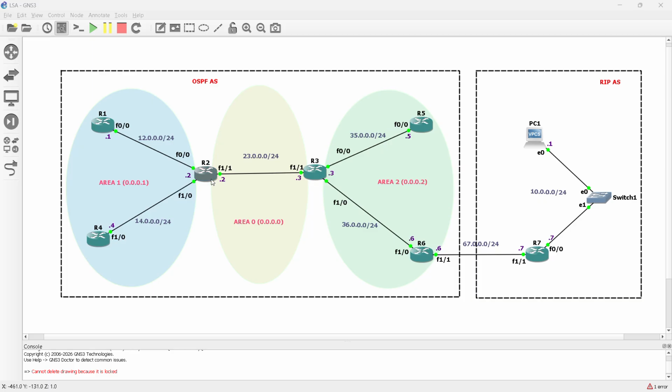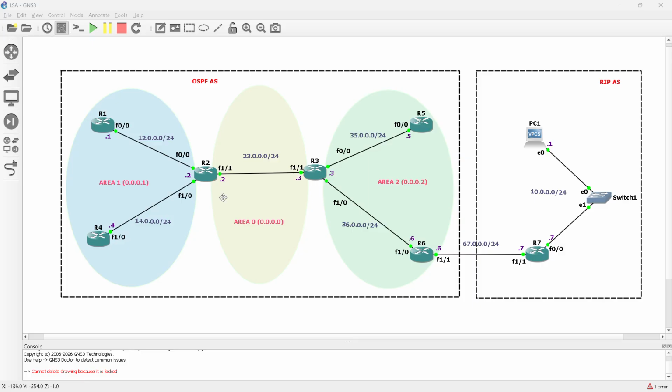As R2 will receive it and propagate it further in area 1, it will propagate that by changing its router ID to what it was initially,